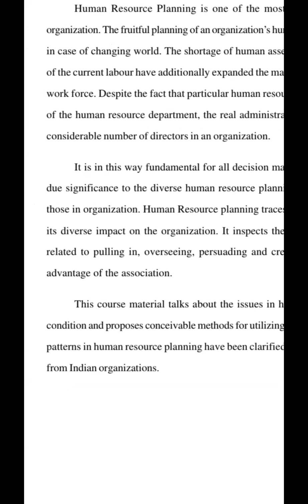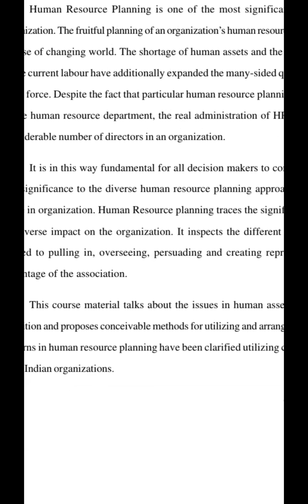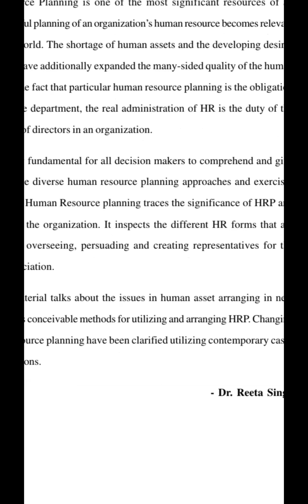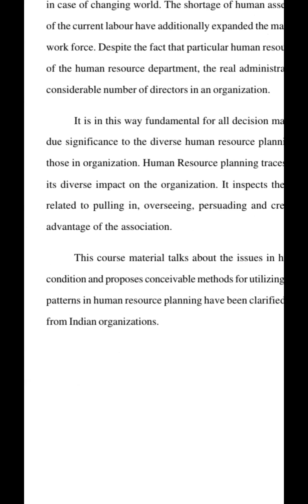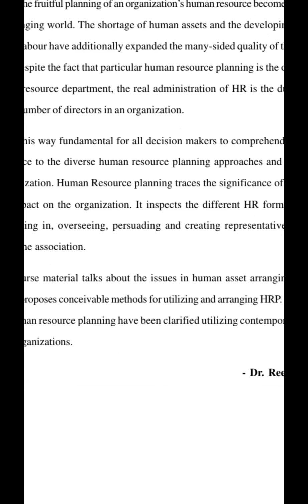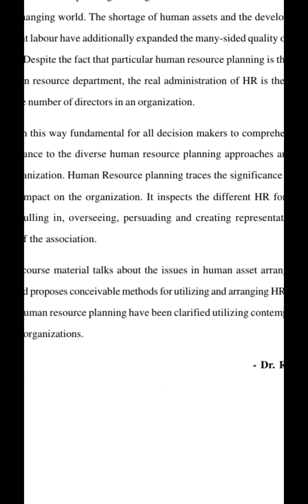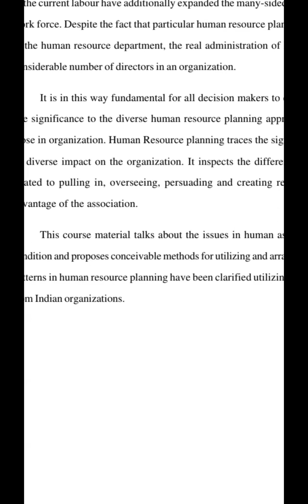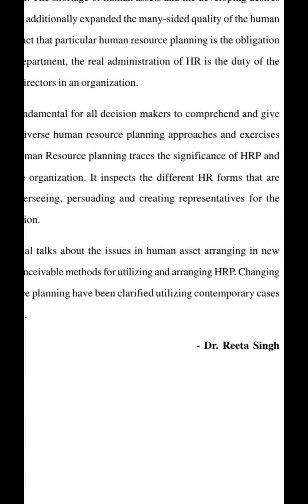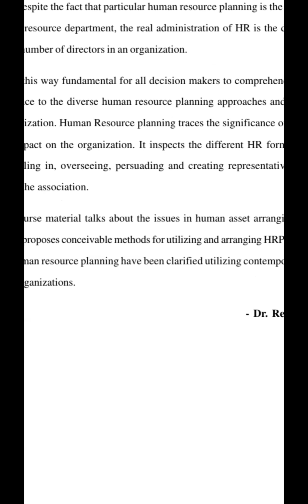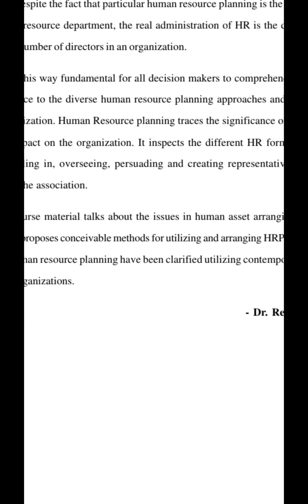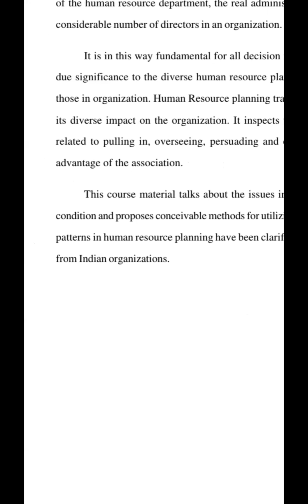It is in this way fundamental for all decision makers to comprehend and give due significance to human resources planning, its approaches and exercise. Human resources planning takes the significance of HRP and its impact on the organization. It inspects the different HR functions that are related to pulling in, overseeing, persuading, and creating employees for the advantage